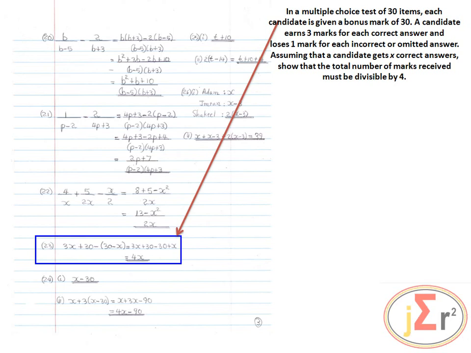A candidate earns 3 marks for each correct answer and loses 1 mark for each incorrect or omitted answer. Assuming that a candidate gets x correct answers, show that the total number of marks received must be divisible by